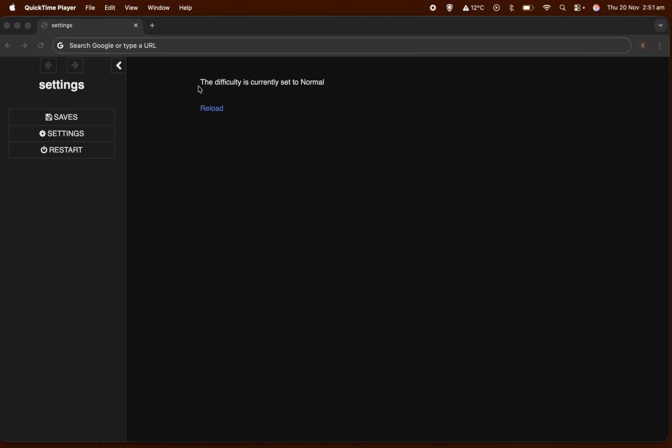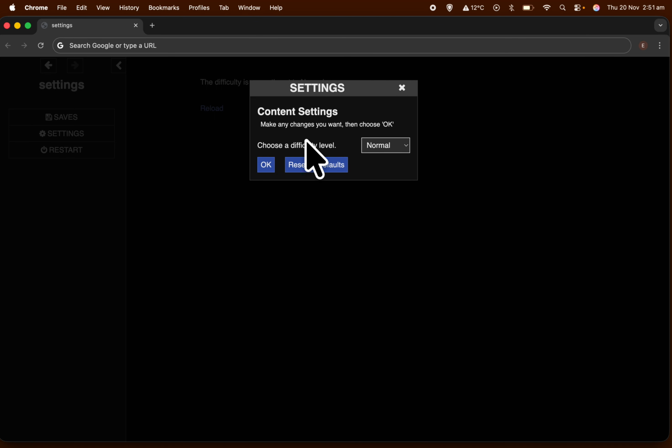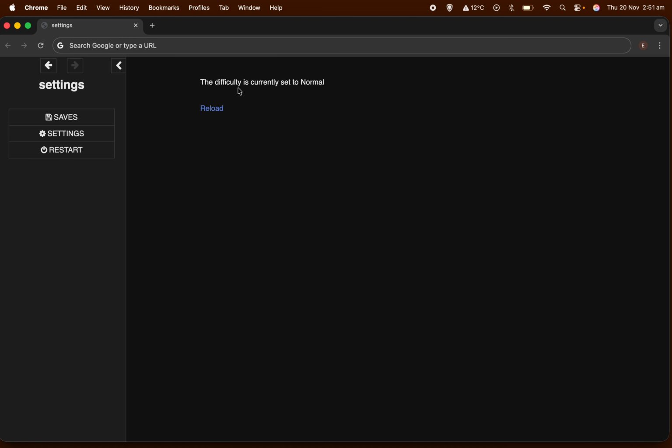Apparently it's got a difficulty because we have some text that says the difficulty is currently set to normal, and there's a link that I can use to reload the page, but that won't make any difference. However, on the side here, we have this new settings button. And this time, when we click into it, we actually have a setting. So we have the text choose a difficulty level, and then we have a drop-down menu, and I can choose easy, normal, hard, or very hard. Let's say we choose hard, for example. And if I press OK, well, at first, nothing will happen because